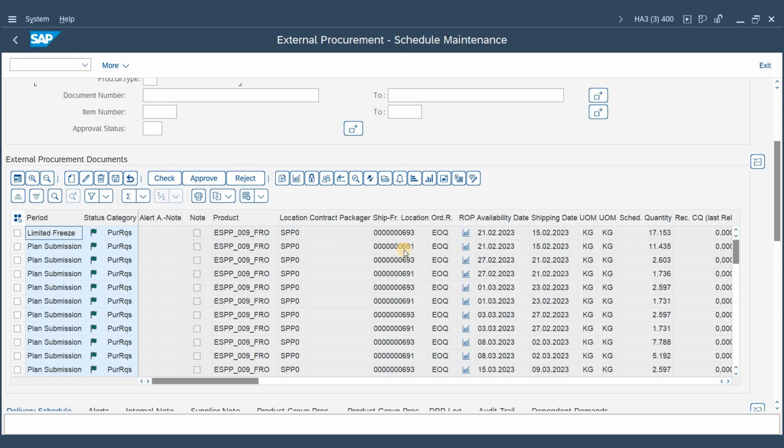And that is exactly what's happening here. So in the limited freeze horizon, we do see that this demand is split to this and to this vendor. And if you remember, the number was 4,338.